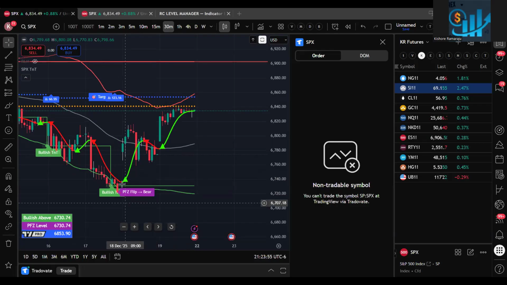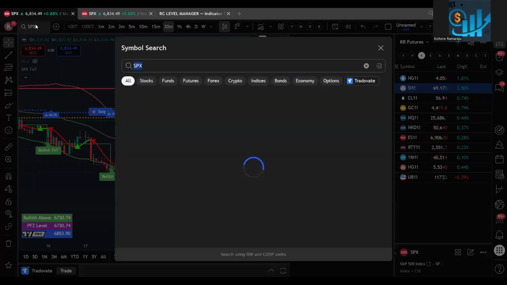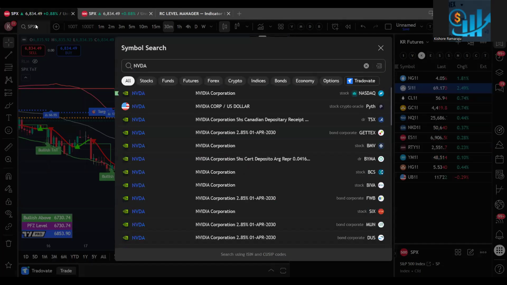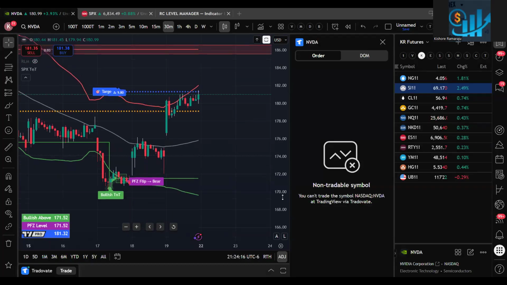Okay. Then you only focus on the buy signals, buy opportunities. Right? Only when you get a bearish tag and turn, and then you will get that, okay, this is bearish below so and so, target is so and so. Then you look for the bear opportunity, right? Bear signals or puts. So as I explained earlier, again, right, whatever ticker it is, NVIDIA, you got a bullish tag and turn, and then